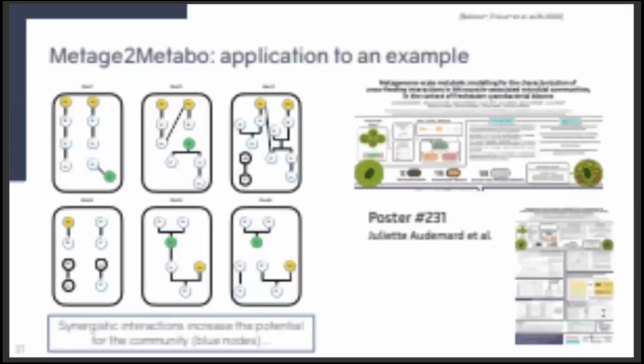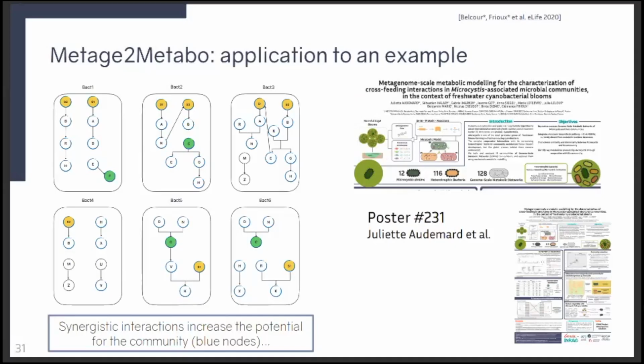So I know I'm the last talk of the conference, so it's a bit too late for posters, but nonetheless, I know that they are available online as PDFs, and I really want to advertise the really good work of Juliette, who's here. She presented a flash presentation of her poster on the first day, and she worked on characterizing synergistic interactions within microbial communities composed of cyanobacteria, microcystis, and their heterotrophic partners during freshwater cyanobacterial blooms. So she used precisely this pipeline, and it enabled us to get some very interesting biological insights on the metabolism